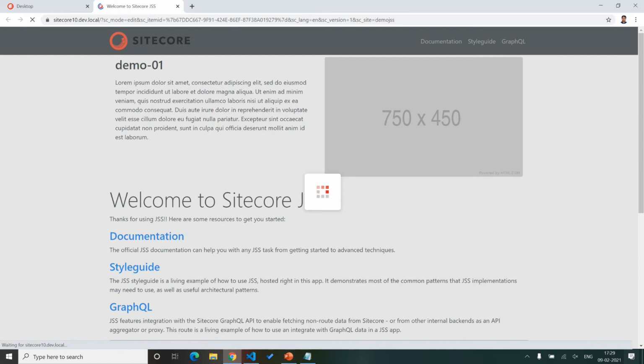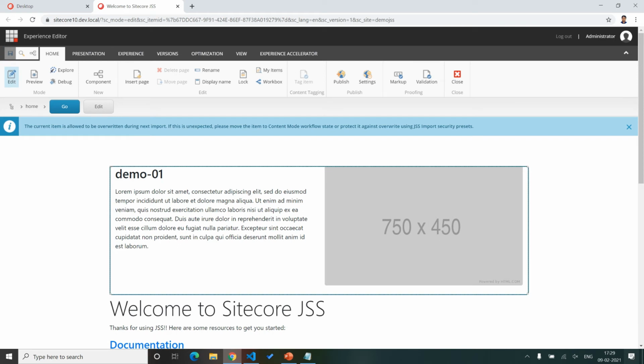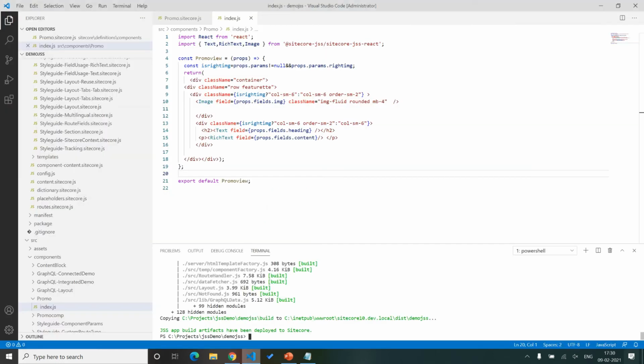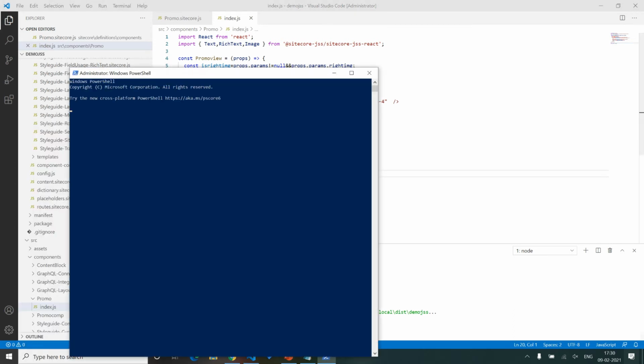Let me save the entire thing, and now let's go back to our PowerShell side and run our entire React application in the browser. This time I am going to run the React application in connected mode. Let me go to my React application folder.